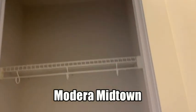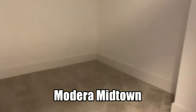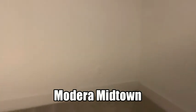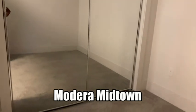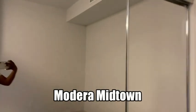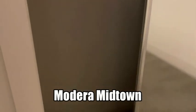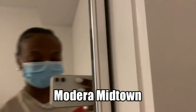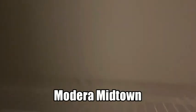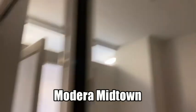This is Modera Midtown. We have the coat closet. We have the bedroom. The bedroom is small, y'all. Like, the bedroom is really small. But the mirrors. Look at the mirrors. Don't look at me. Look at the mirrors. And then they both open up like this. So you have one side over here, and then you have the other side over here. So it's a decent sized closet. It's not like to die for, but